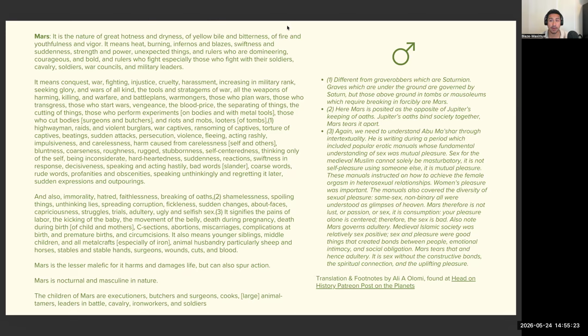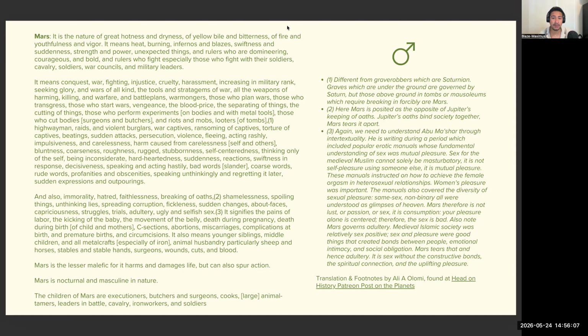And we are in that era where oath breaking is being normalized, not only on a government and a national level, but also on a cultural level as well, where the culture of infidelity and cheating and stepping out is a lot more normalized. And part of that is part of some world astrology stuff that's going on, but this is related to Mars fundamentally here. It is shamelessness. It is spoiling things, unthinking lies. It spreads corruption. It represents fickleness, sudden change, being about faces, capriciousness, struggles, trials, adultery, and ugly and selfish sex,